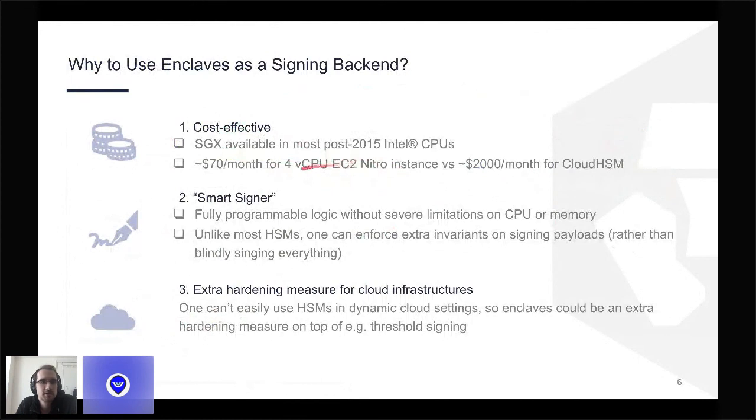So when you have a 4-vCPU instance, you can leverage Nitro there. That's about $70 roughly. Whereas if you leverage some external signing service, like Cloud HSM on AWS, it's much more expensive. The other reason is